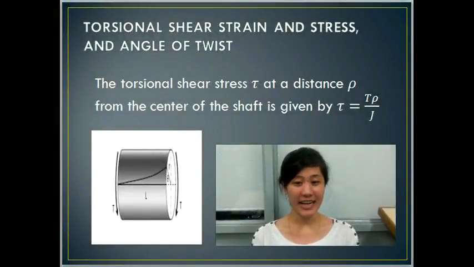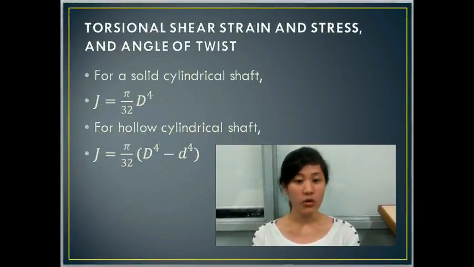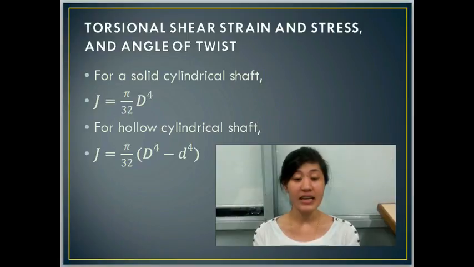For us to fully understand the relationship between the applied torque and the angle of twist, we first consider the figure shown. The figure is a circular shaft having fixed length L and radius R, and is rotated at the ends. The torsional shear stress tau at a distance ρ from the center of the shaft is given by shear stress is equal to torque times ρ over J, where J is the polar moment of inertia of the section. For a solid cylindrical shaft, J is equal to pi over 32 times d raised to 4. For a hollow cylindrical shaft, J is equal to pi over 32 times the quantity outer diameter raised to 4 minus inner diameter raised to